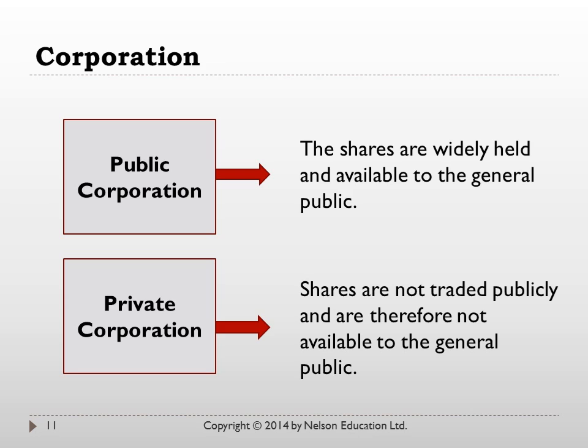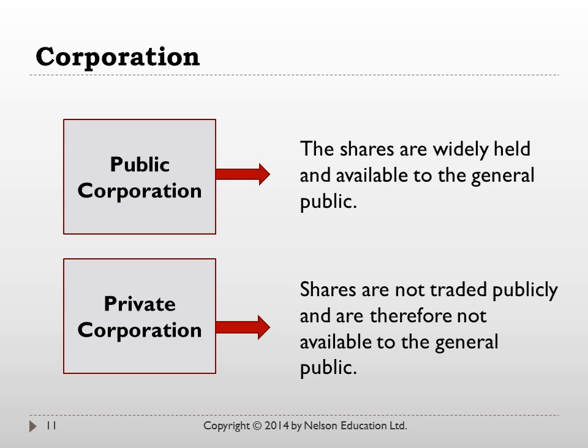The second type of corporation in Canada is called a private corporation. In a private corporation, the shares are not publicly traded, so anybody can't become an owner of the private corporation. Many small businesses in Canada are in fact private corporations. They have a smaller number of shareholders. Generally in a private corporation, the number of shareholders is limited to 50, and there are restrictions on transferring ownership. You can't necessarily just sell to anybody in a private corporation.